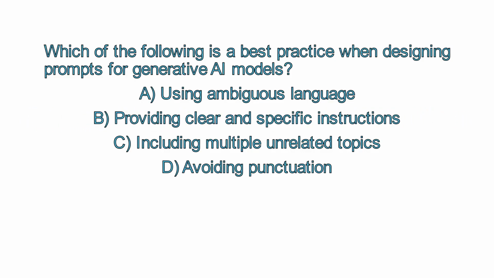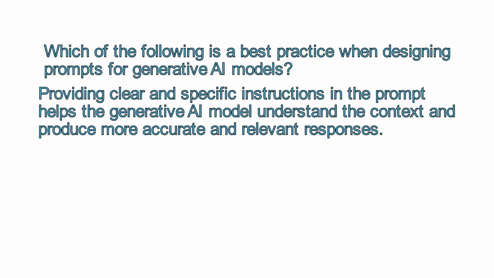The correct answer is B. Providing clear and specific instructions. Providing clear and specific instructions in the prompt helps the generative AI model understand the context and produce more accurate